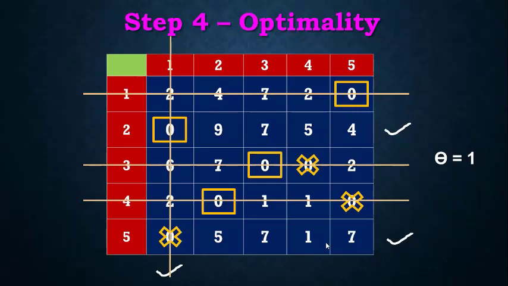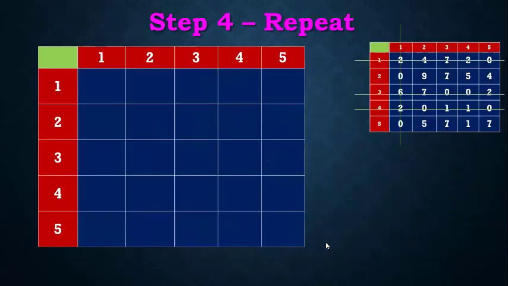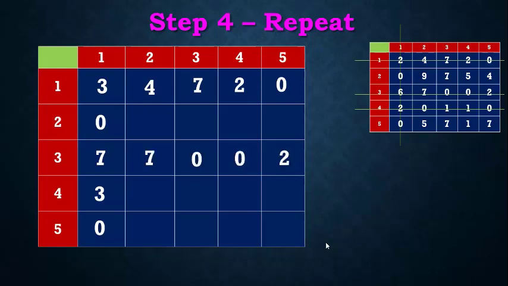So next we are going to redraw this table with the 3 line methods. First is the double line. If a double line occurs, we add theta. So 2 plus 1, 6 plus 1, 2 plus 1, and where a single line passes, there is no change. So 0 here, 0 here, 4 7 2 0, and third row 7 0 0 2, and fourth row 0 1 1 0, and